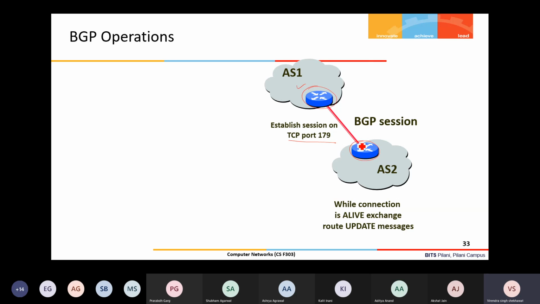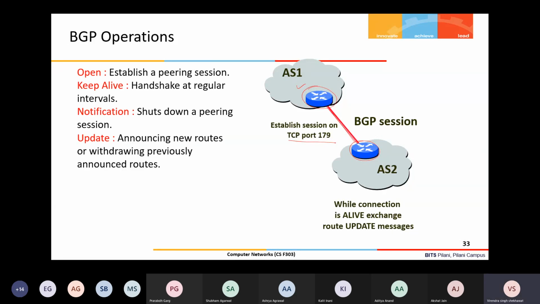This connection is established for a long duration. It's not just one or two message exchanges and then stop; it can stay for a longer duration. So these are the messages. Initially the connection needs to be established, the peering session. A keepalive message is sent at a regular interval, saying this connection will stay alive, and over that connection multiple route advertisements and updates can be sent. Not necessarily is the router always sending its entire BGP table; maybe it can send some selected routes to advertise to AS1.